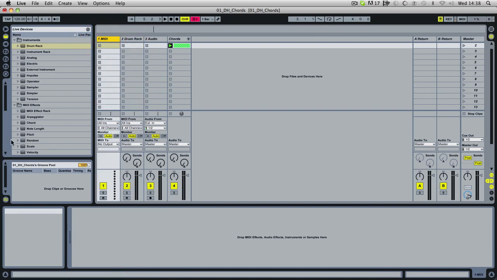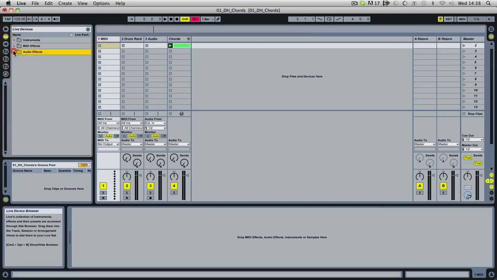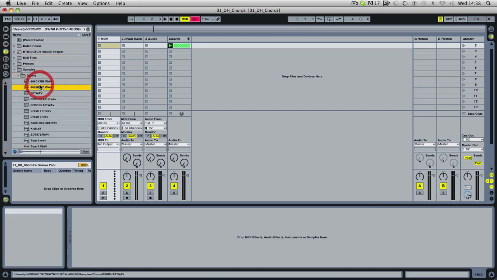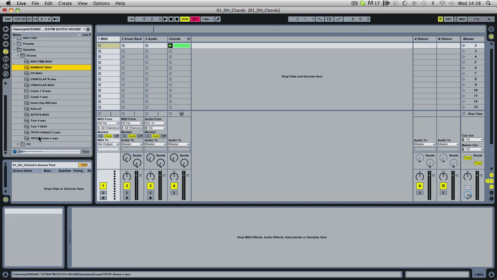You could put it in the drum rack and have it separated out into a channel, but I prefer just having it on its own channel. It just makes things easier for me when it comes to arranging and using automation. So a lot of these sounds that I'm using are off original Roland style drum kits. I've got some 606 samples, some 808,